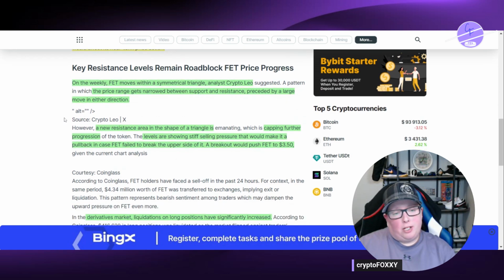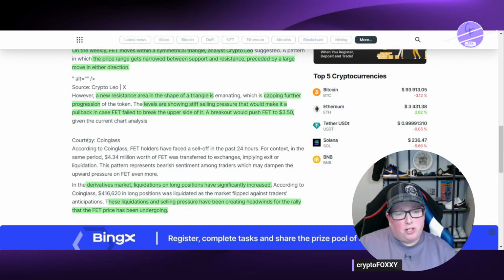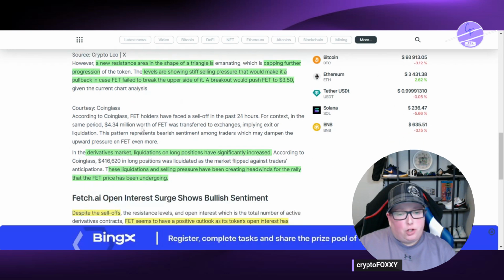On the weekly chart, FET is moving within a symmetrical triangle. Analyst Crypto Leo has mentioned that the price range gets narrowed between support and resistance, preceding a large move in either direction. So we don't know which direction it's going to go, but it precedes that there's going to be a big move. There's a new resistance area in the shape of the triangle, and it is capping further progression. The levels are showing stiff selling pressure that would make it a pullback in case FET fails to break the upper side of it,